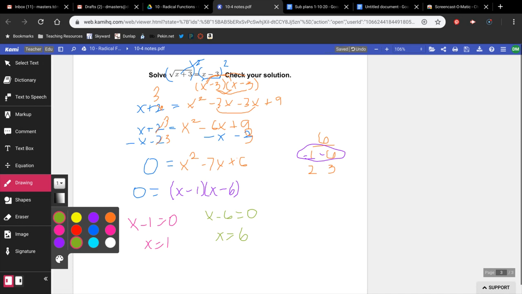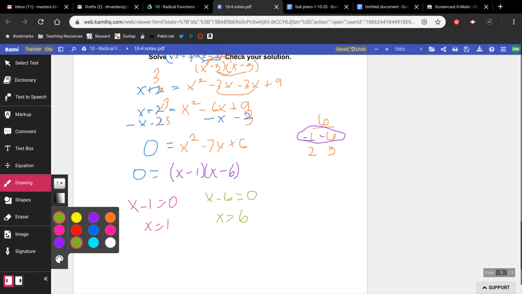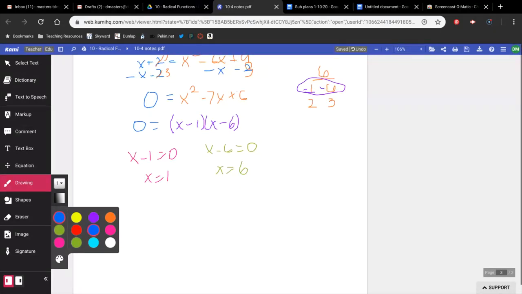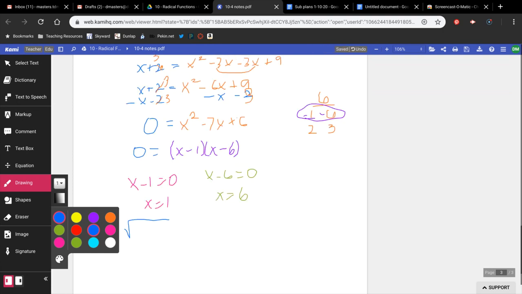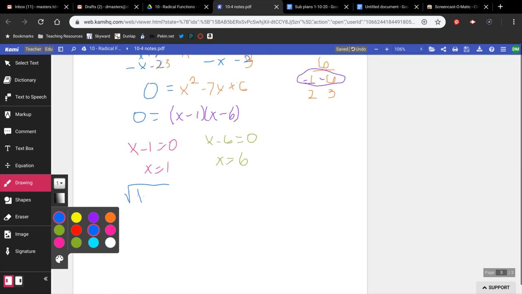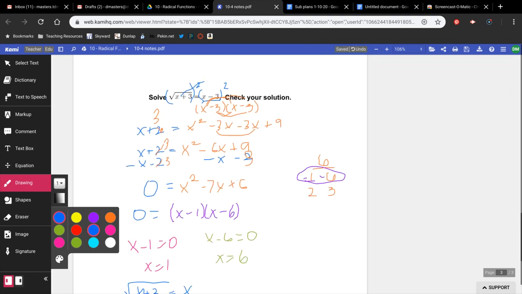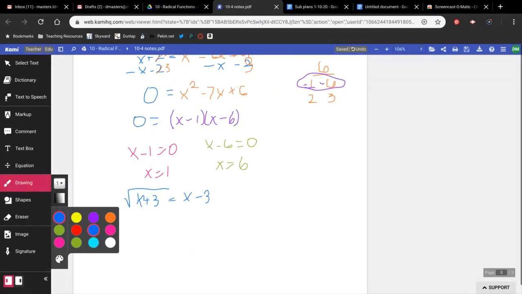Okay, I'm good with this. So let's see if we can get a solution to check out here. So I've got the expression where we have the square root of x plus 3 equals x plus 2. Is that right? Or is it x plus, no, x minus 3, sorry. So everywhere I see an x, I'm going to take it out and I'm going to put in a 1. So the square root of 1 plus 3 is 4. And the square root of 4 is 2. Over on the